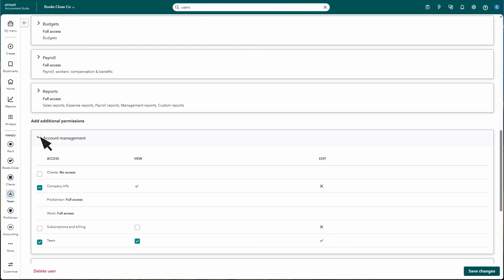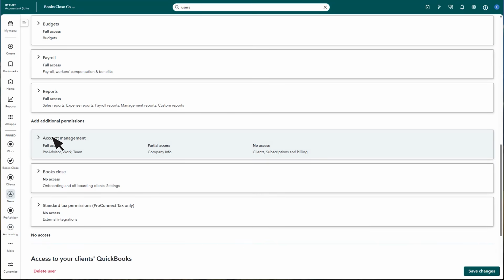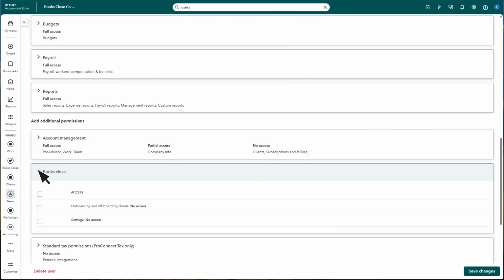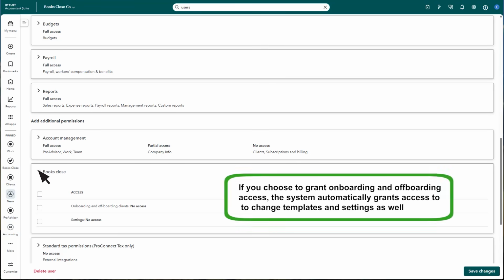If you want this user to have access to onboard new clients to Books Close or modify templates and settings, open the Books Close section. You can give this user permission to onboard and offboard clients for Books Close and also allow them to change templates and other settings. However, this step isn't required to give this user access to just work on a client's books. Note, if you choose to grant onboarding and offboarding access, the system automatically grants access to change templates and